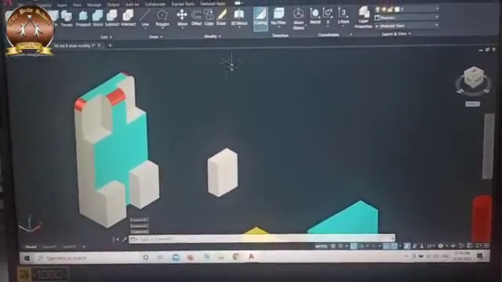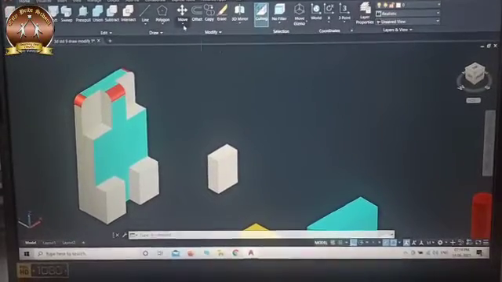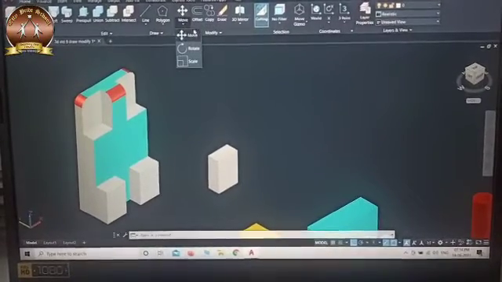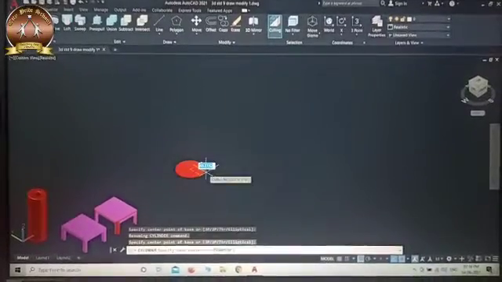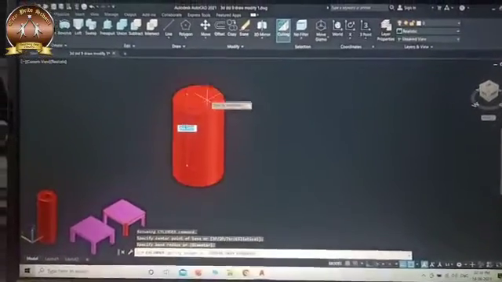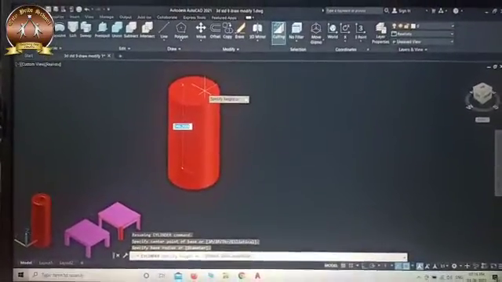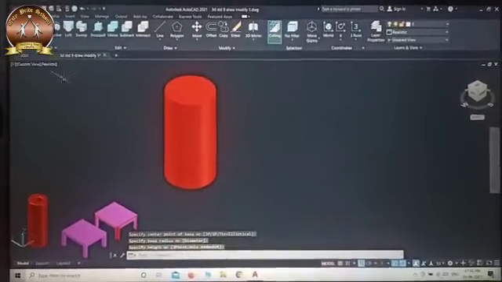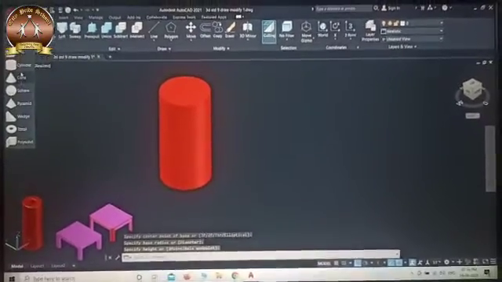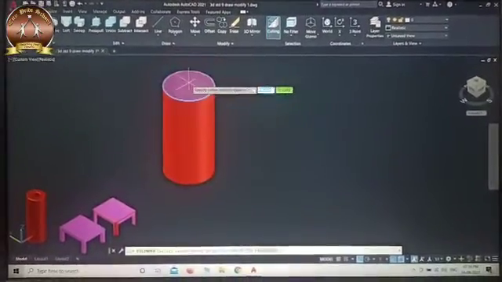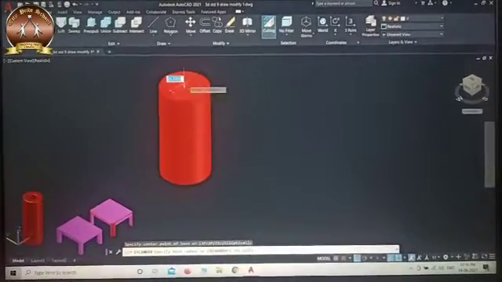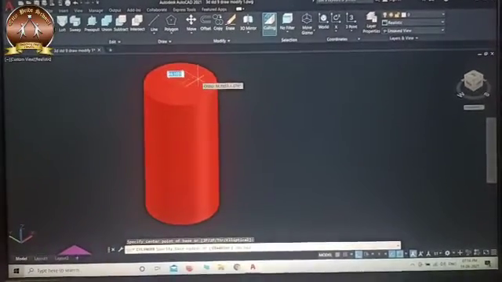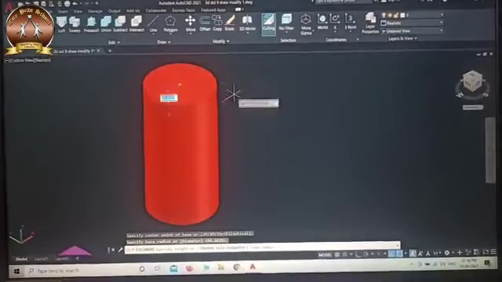If you have to use a chamfer, it is also in the modify command. Now we will work on a cylindrical job. This is a cylinder and this is the height of the cylinder. Now take another cylinder, specify the center, click the center, and specify the radius.